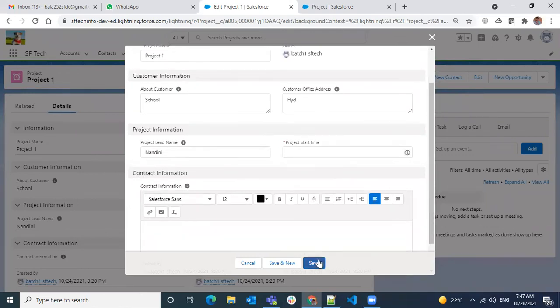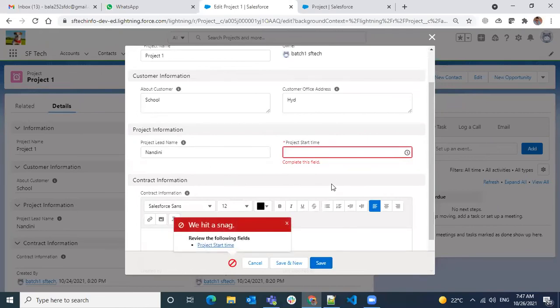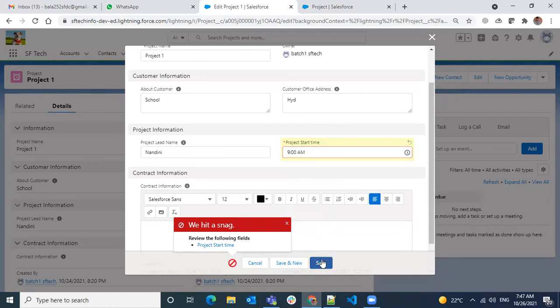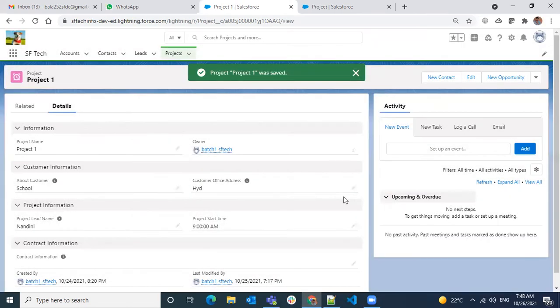If you're trying to save here, it will not allow you because I made project start time a required field. So I have to give a value, then only it will allow me to save the record. So if I give the value and save, then okay, it will allow.